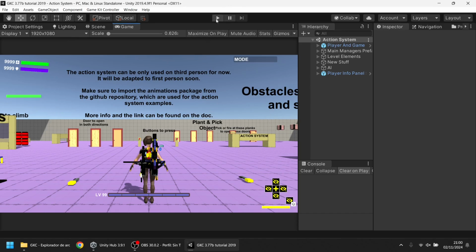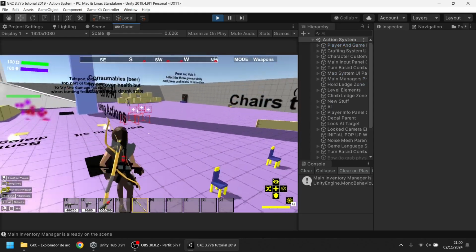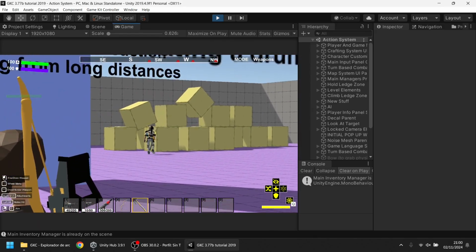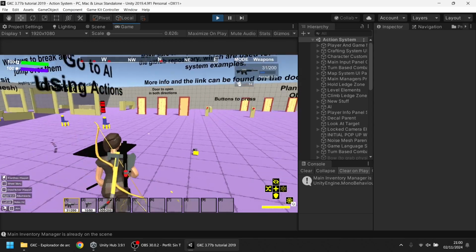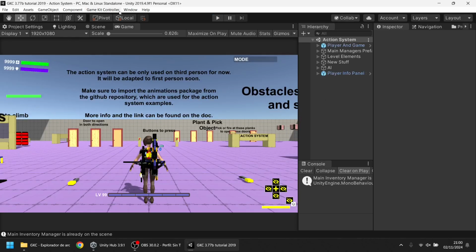So now the project is open, and let's try now. I hit play, and you will see that the animations are properly played in all the characters on the scene, including the player. So now we can jump. You can see the other items moving around. We can shoot and everything. Okay, so right now you can use the asset as it is, and there is nothing else that you need to do.